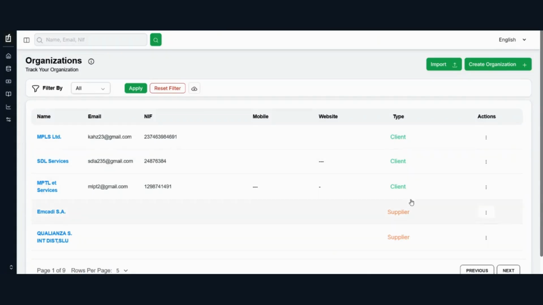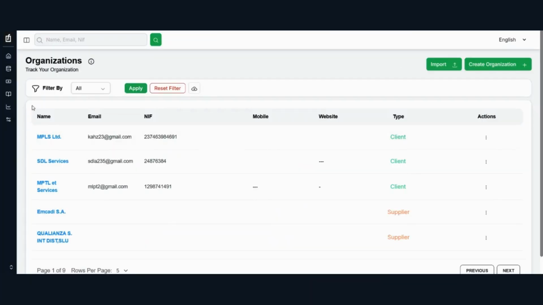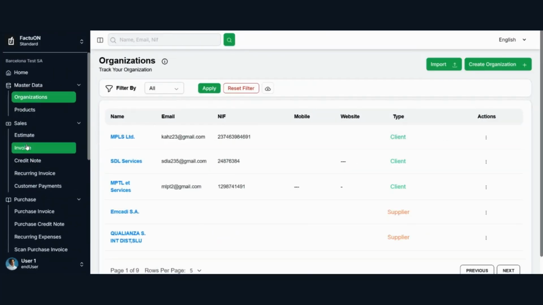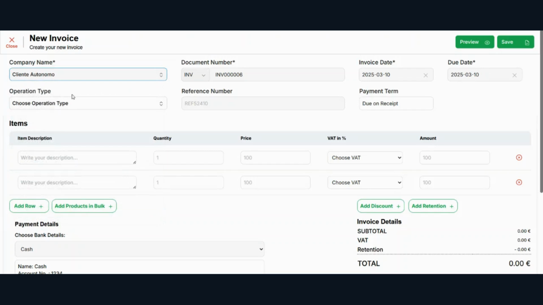Suppose you have not created payment terms in any organization, let me show you in invoicing. Here you can see the option of payment term. Suppose you are selecting this company, and here you get this payment term. By default you can't change your payment term from here. Whatever payment term you selected when creating your company or new organization was shown here by default. It was fixed.